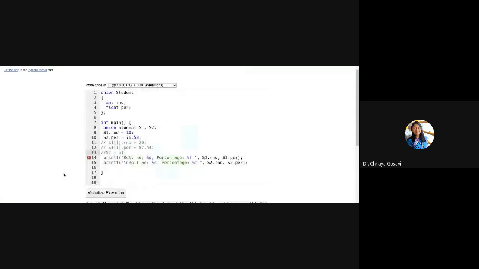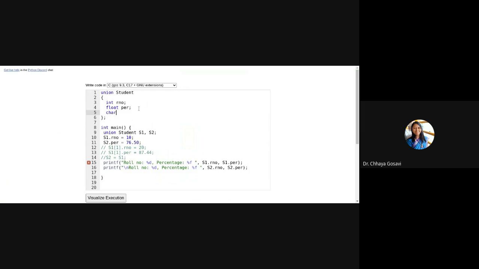If I define one more variable, char name with an array, now the maximum memory allocated will be 10 bytes, instead of 10 plus 4 plus 2, 16 bytes.